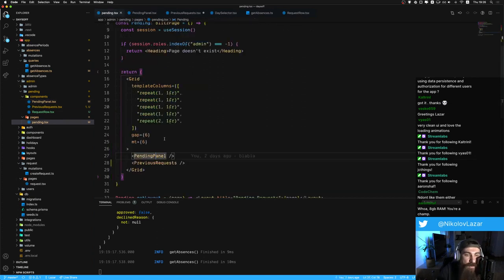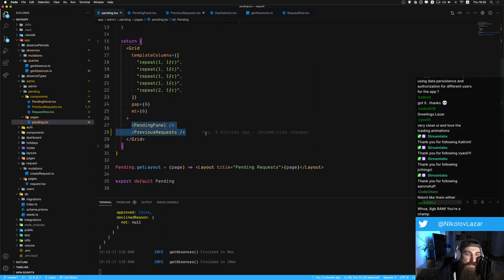And these two are basically in the pending panel, I mean in the pending TSX page. What can we do? Maybe we can use, I mean, I don't like the way of it, but